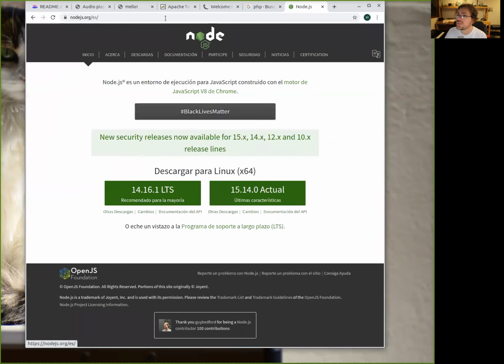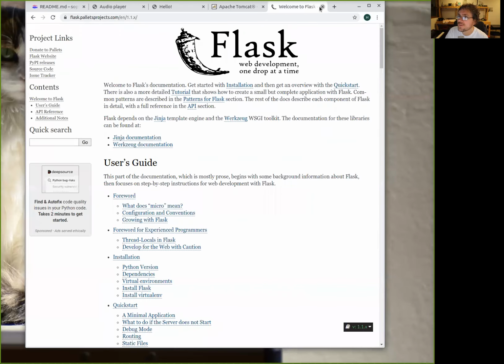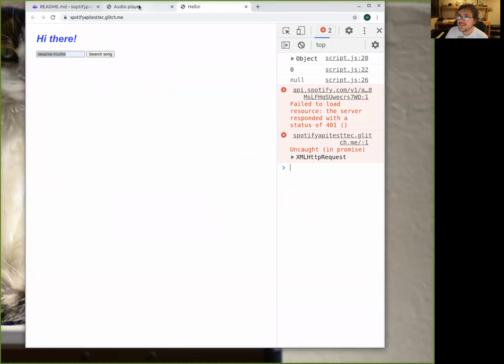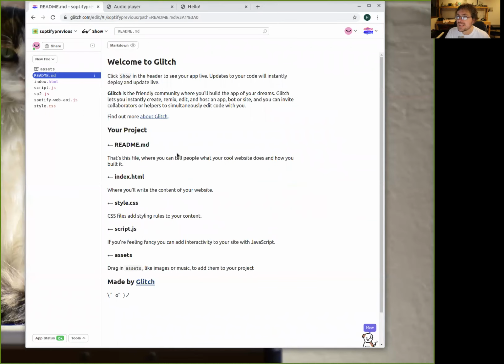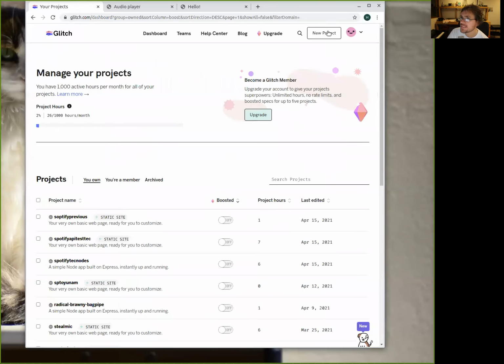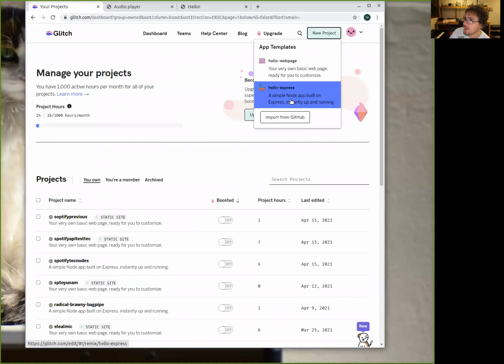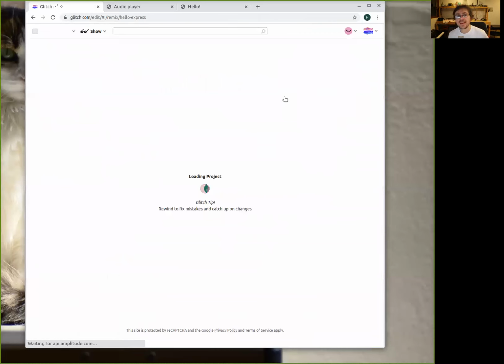Well, we will use this technology. And luckily, or afortunadamente, how do you say locally? This Glitch thing has created a starting point, okay? And a starting point with Node and Express. Express is the library that allows Node to become a server. So if I start this thing, okay, I want to show you this, if I start this part that is here,